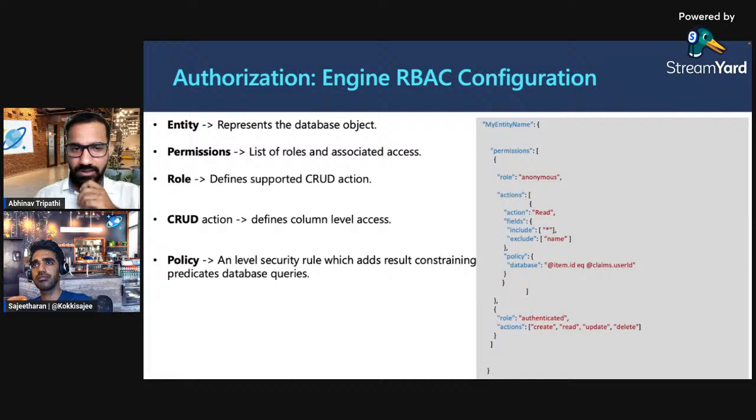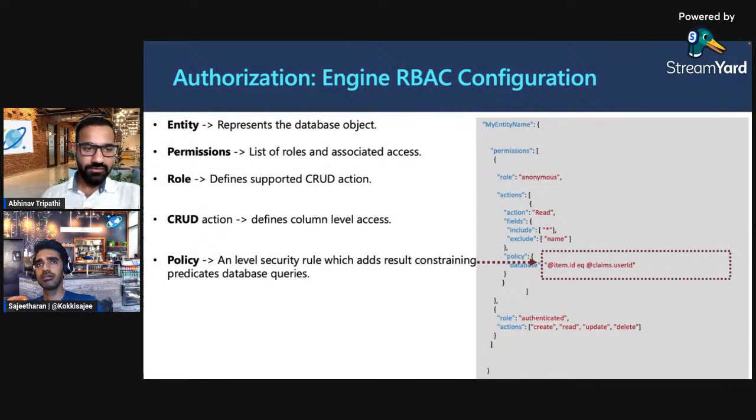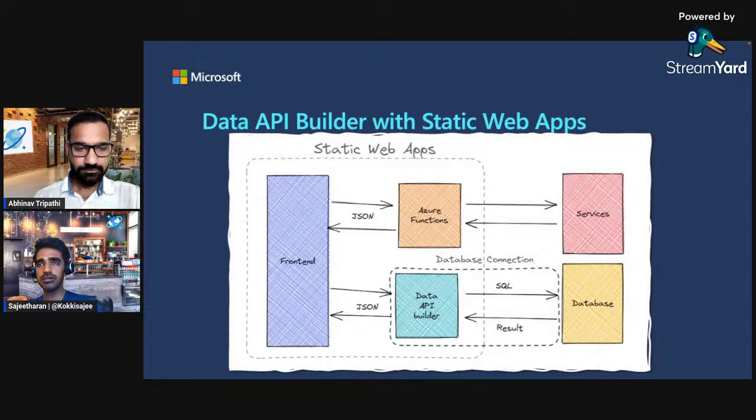So coming back to the other point, can you show me how we actually host an application? You talked about two ways. I tried to demo it locally, but with the DAB start command, you should be able to get your DAB endpoint running. The other way is that front-end developers can run through Azure Static Web Apps in the form of database connection. Currently, Azure Static Web Apps lets the developer use Azure Functions as a backend to create the backend APIs.